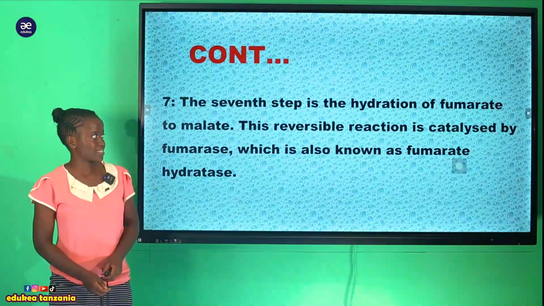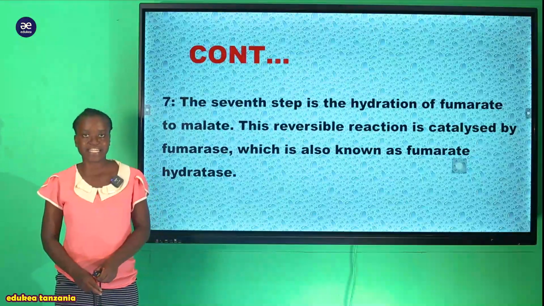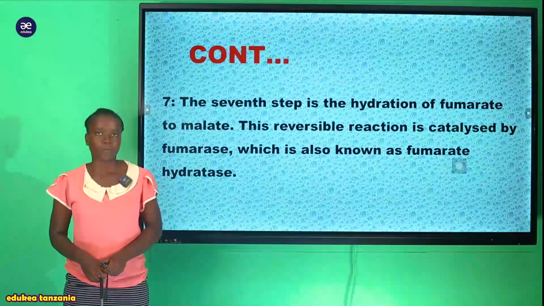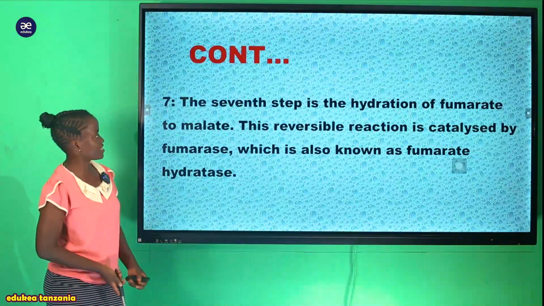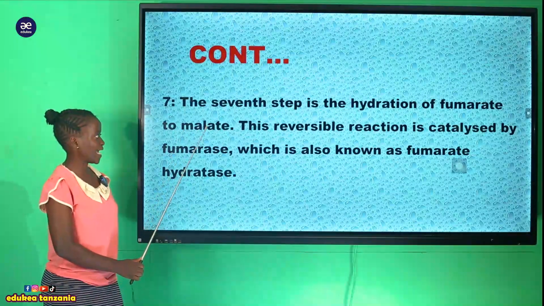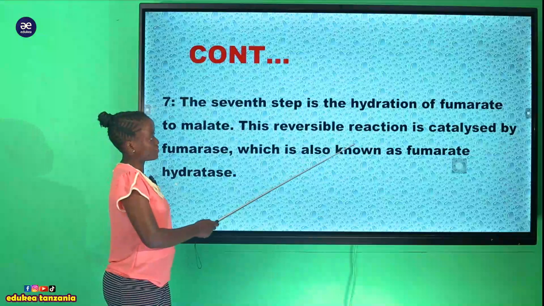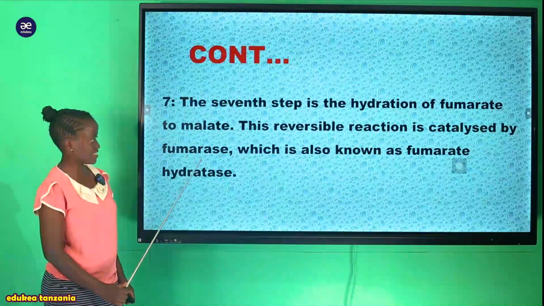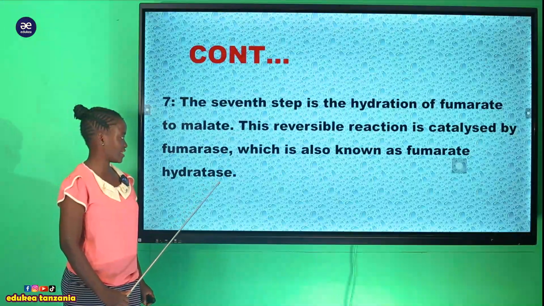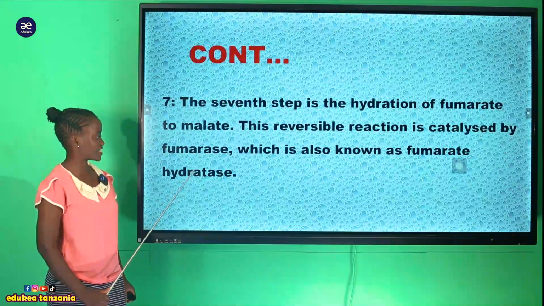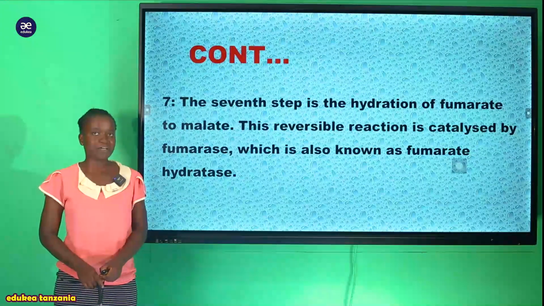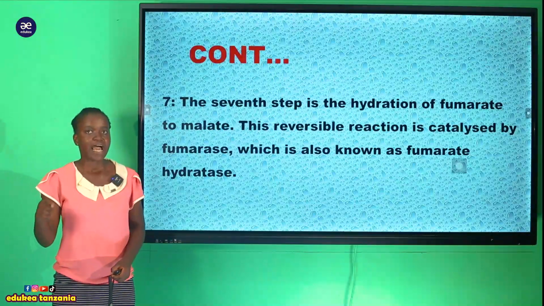So now let's discuss the 7th stage. Hii ni stage ya 7 ya process ya Krebs cycle. And in this 7th stage is the hydration of fumarate to malate. This reversible reaction is catalyzed by fumarase, which is also known as fumarate hydratase enzyme. So this stage ambayo tumesema kwamba ni hydration of fumarate in order to form the malate,